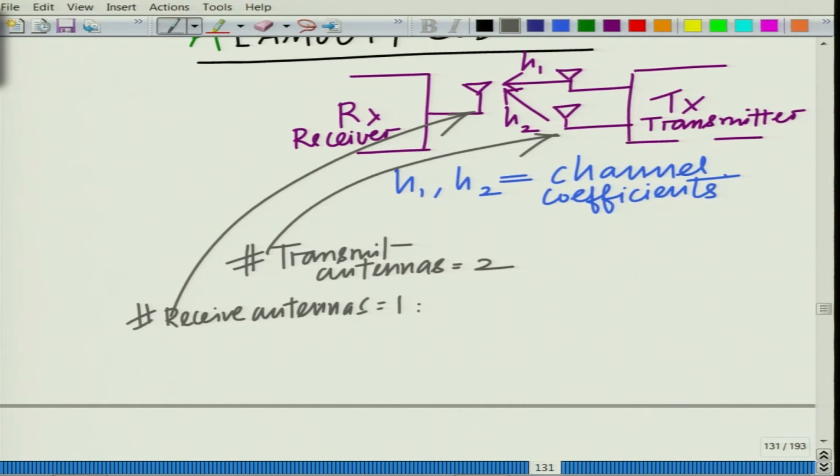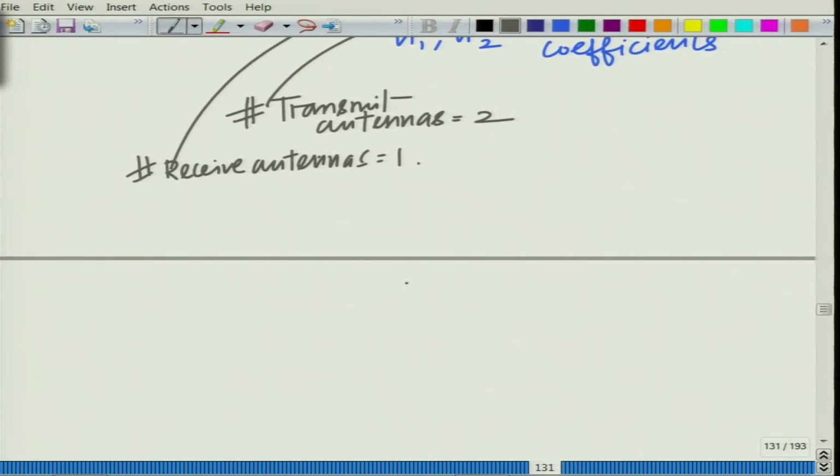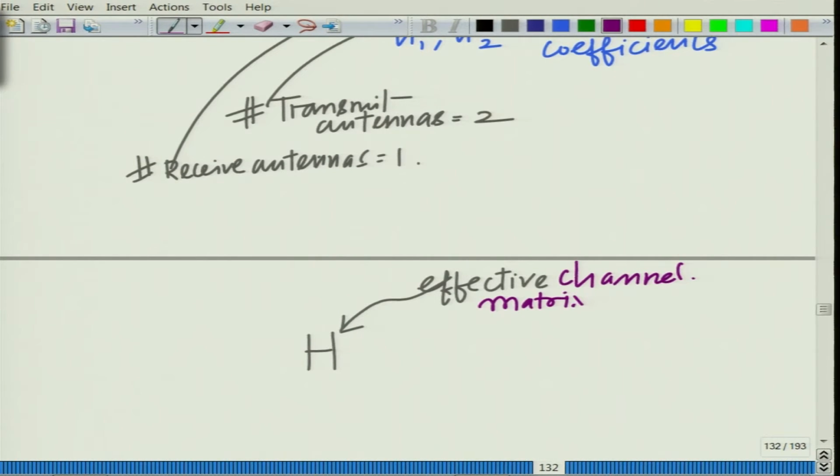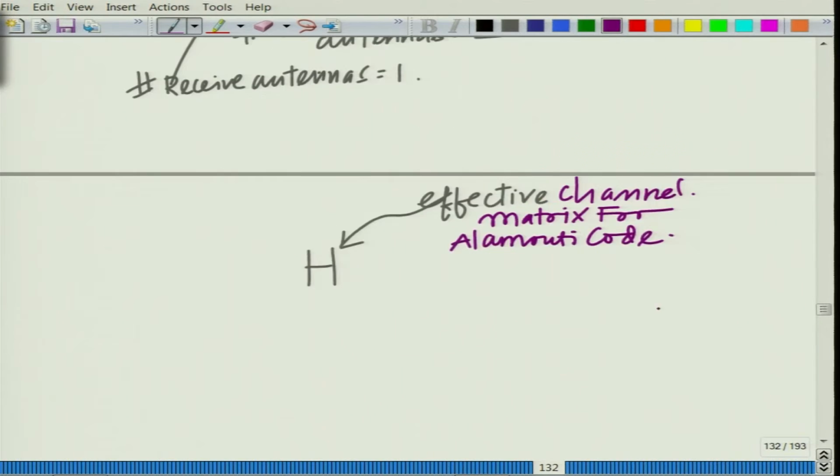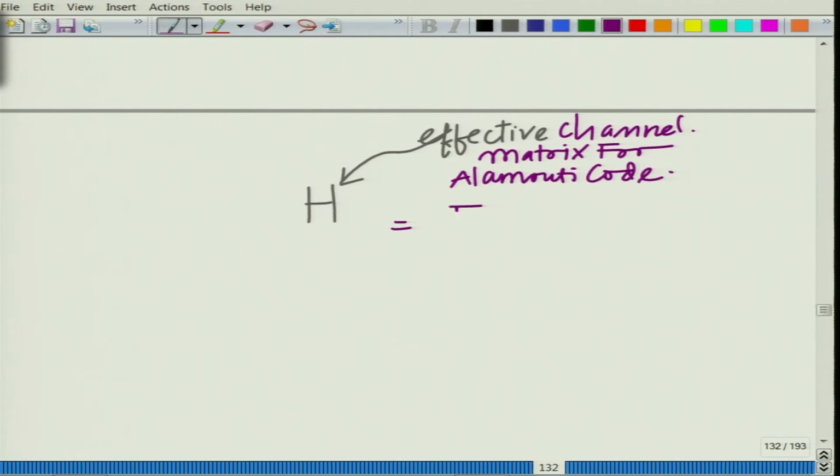The channel matrix for this system is what we call the effective channel matrix for the Alamuti code. This is given by the expression